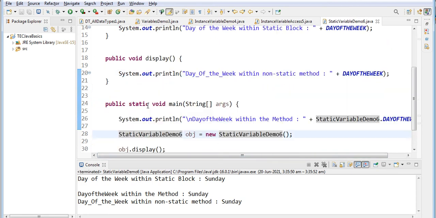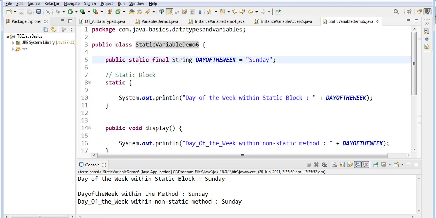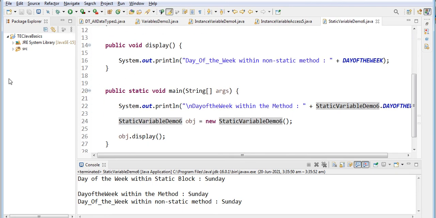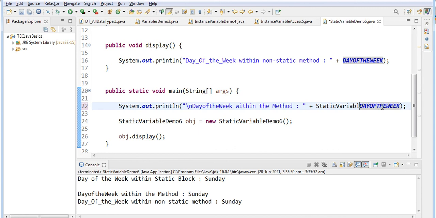See, this is a static variable, and within the non-static method it can be called directly. But within the static method, let us say I'm trying to call it without the class name.